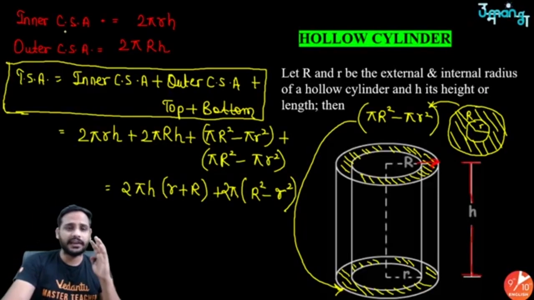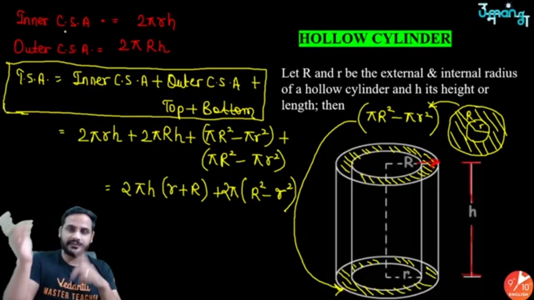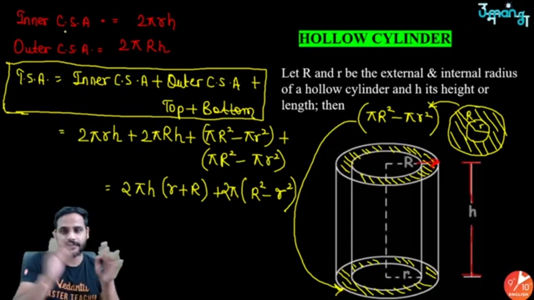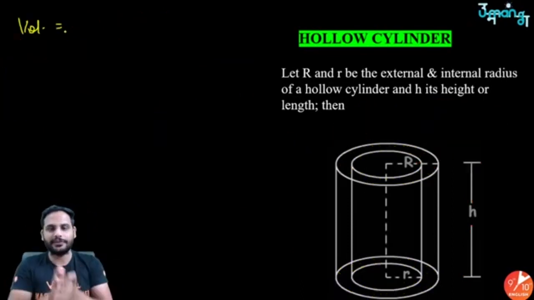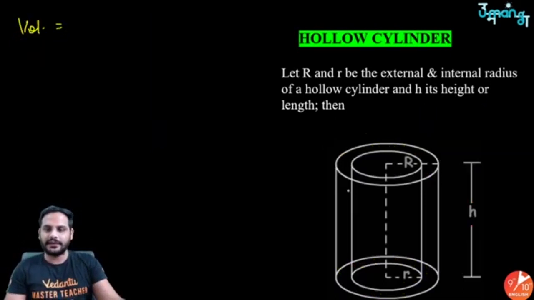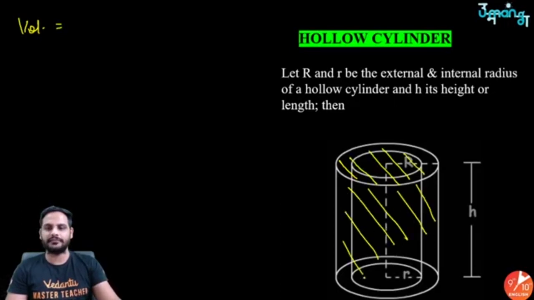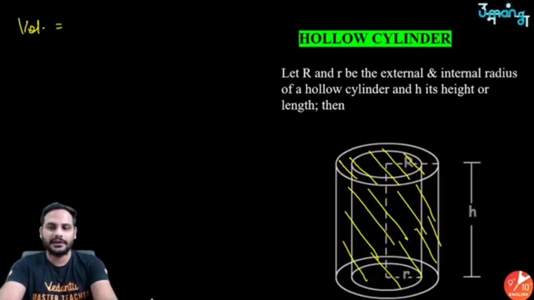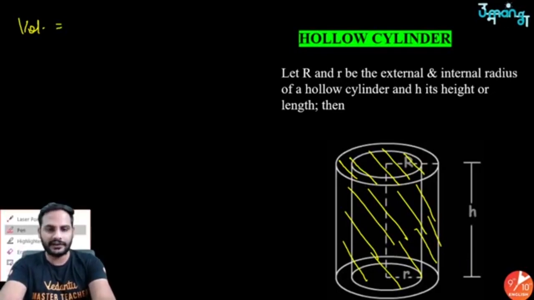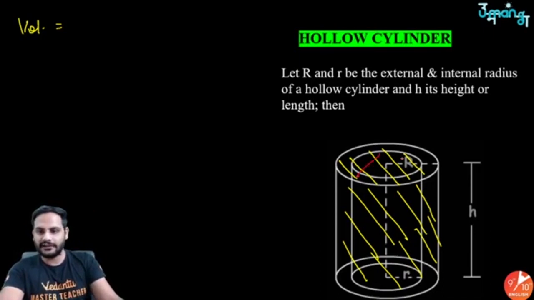Now, see, in the case of surface areas, you need to think very clearly about where surfaces are available, what surfaces I can see and all that. But in case of volume, it is very easy. Suppose the inner cylinder was not there, so the total capacity would be this. Everything can be filled with the material. This would be the total capacity, right? But because of this inner cylinder, I cannot fill any material in this region. It is not filled over here.